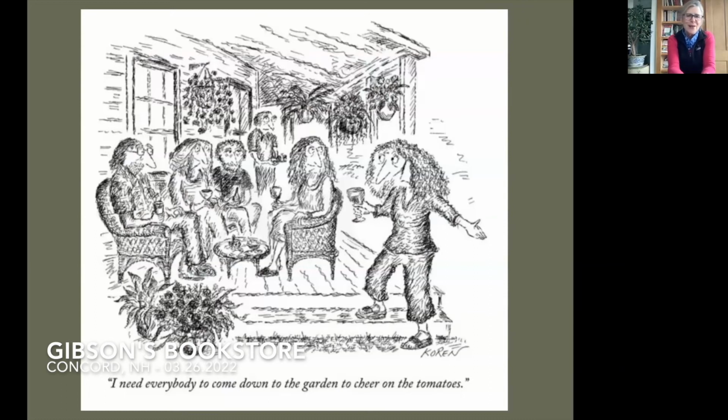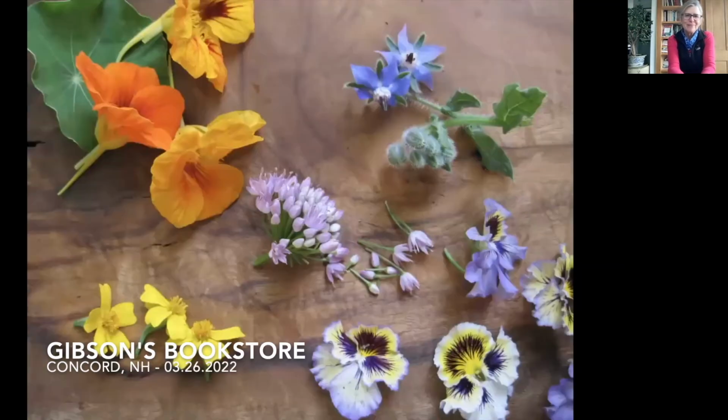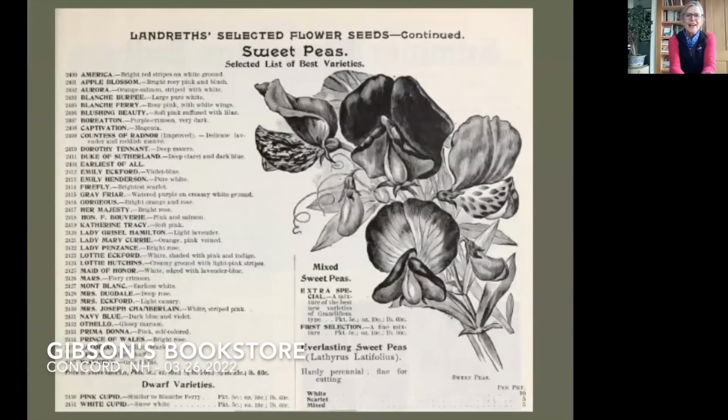And so I hope this is you in August when you're growing your wonderful heirloom tomatoes, and you want to encourage your guests to come down and see your garden. Edible flowers. There's so many wonderful heirloom edible flowers. There's nasturtiums, there's borage, chives, pansies, lemon gem marigolds, and